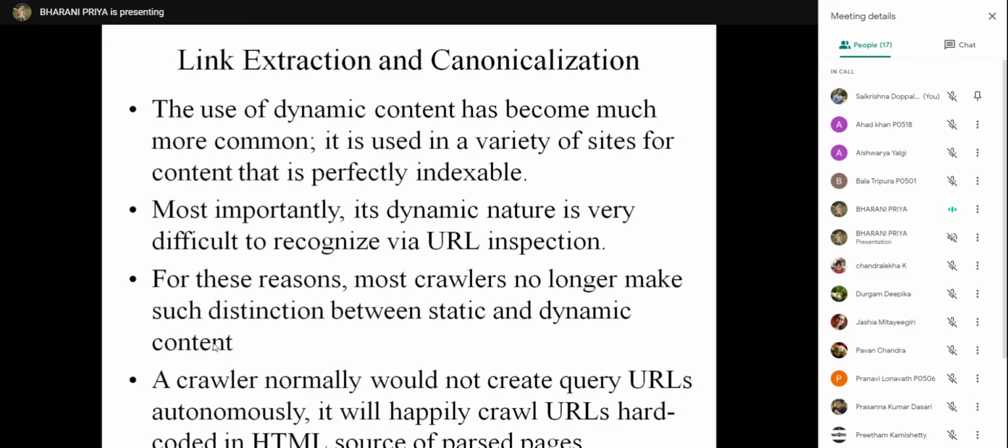So for that purpose, the crawlers are not making any distinction between static and dynamic content. If you are using the GET method, we will get a question mark, equal to, and ampersand. If you use the POST method, the content is not shown in the URL, so it's very difficult. So crawlers are not making any distinction between static and dynamic pages.